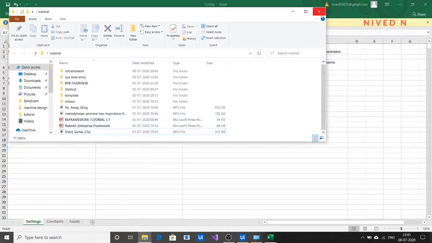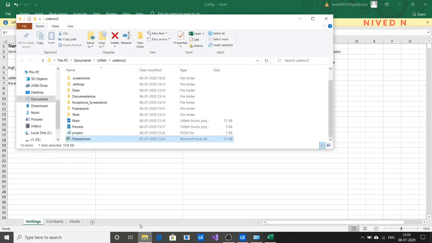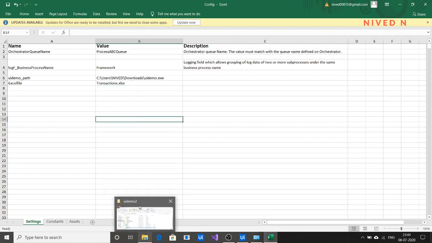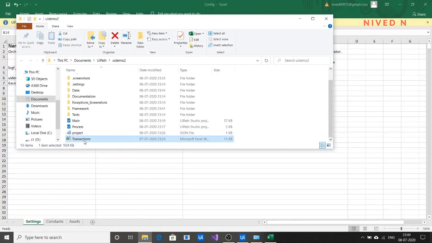The file name is transactions. Just save the name itself here, because since it is within the workflow, we can save the name directly without entering the complete path. So transaction dot xlsx. I think the name is correct. Yeah, it's correct.